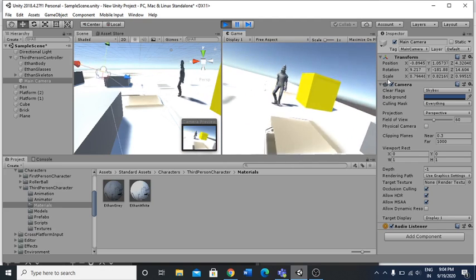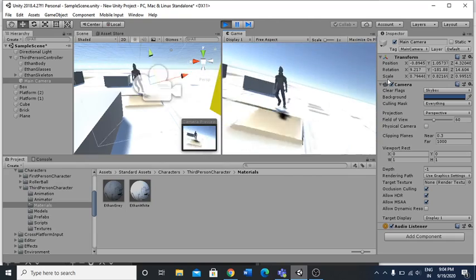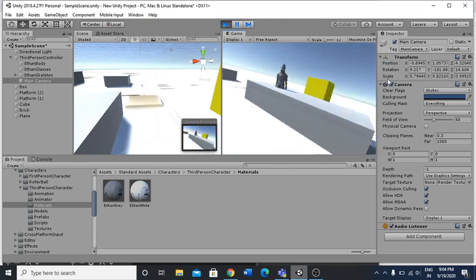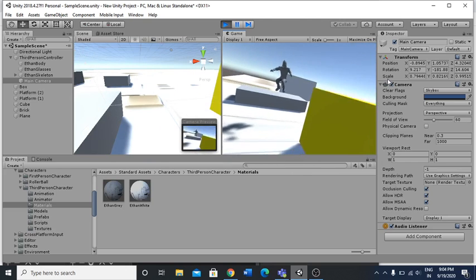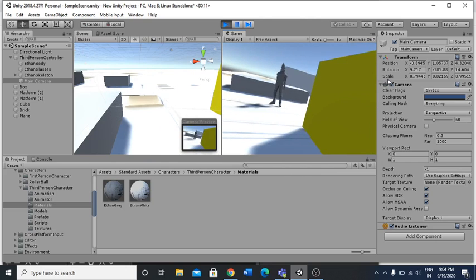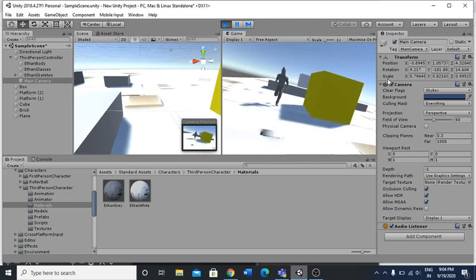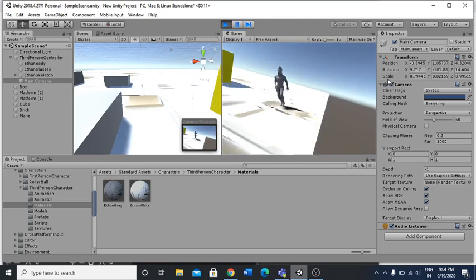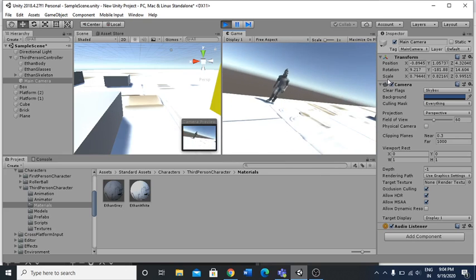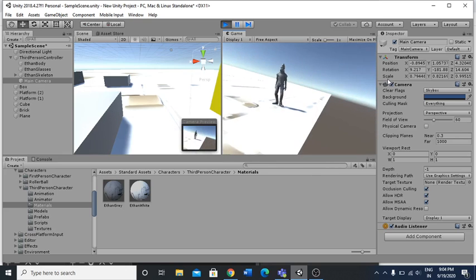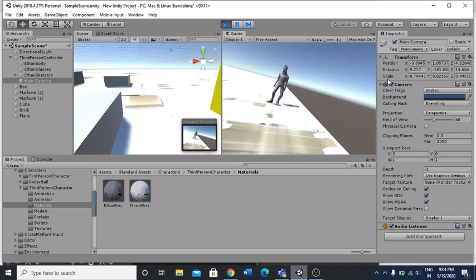This is what you're going to get as a result. If you want the person to jump, you can press the spacebar key. So that's how you can make a third person controller in the Unity platform.